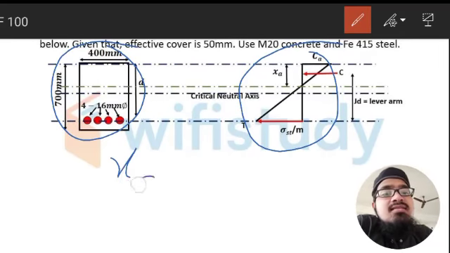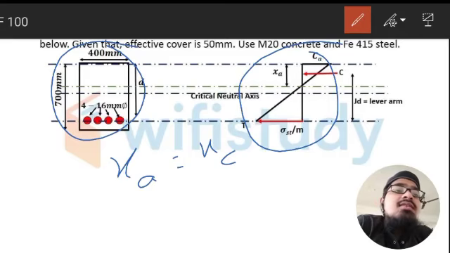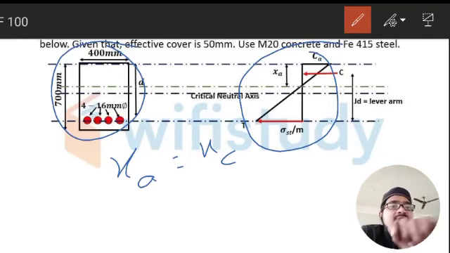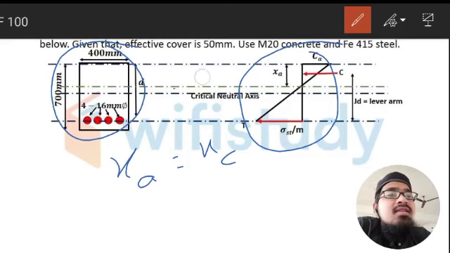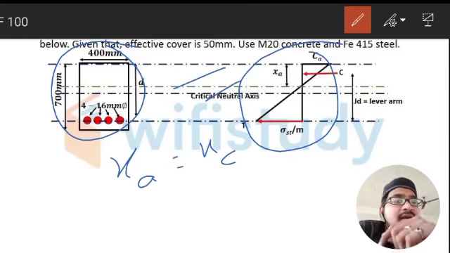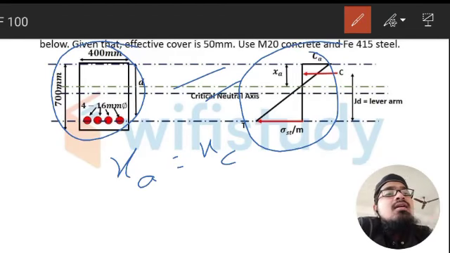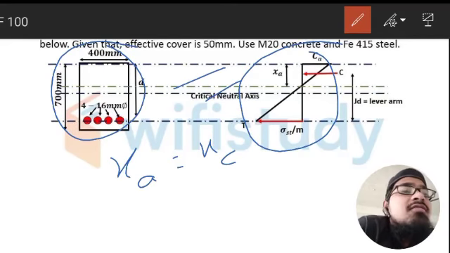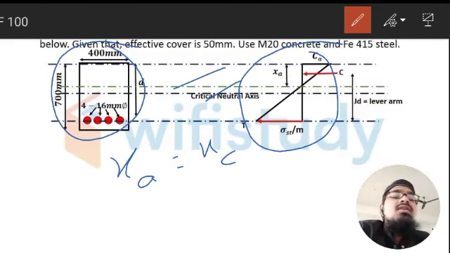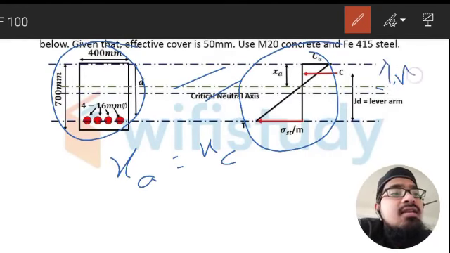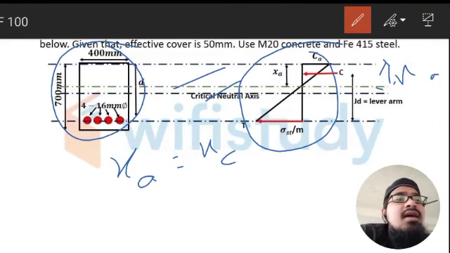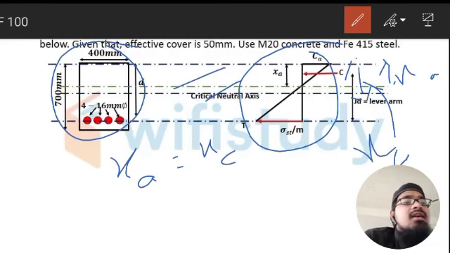Why? Because if xa is equal to xc, then that will be the balanced section. In a balanced section, the green line and the black line, that means this line and this line, will lie at the same line. They will be collinear. So why I had written previously means I had already found out that this is the under reinforced section before giving the question to you. So that's why I have drawn it before only. This is the xa, that is the actual depth of neutral axis, and overall up to here it is xc,